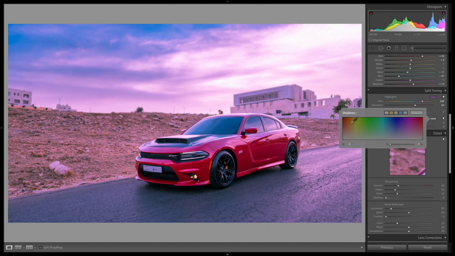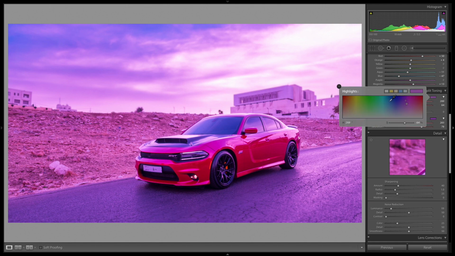But now I'm going to go in my shadows and do the same. And you can see as I drag across, it gives kind of this nice, or I don't know, some people might not think this is nice, but it definitely gives that stylistic look, like a filter or a different film stock. Because when you were shooting actually on film, you got different film stocks, these different kinds of looks. Now that I'm doing this, I think maybe the shadows should be more of the magenta,